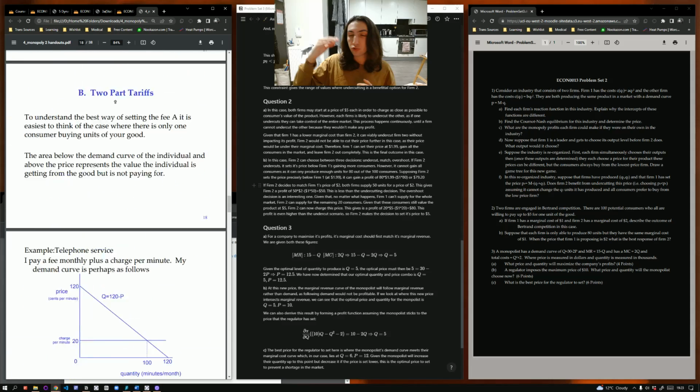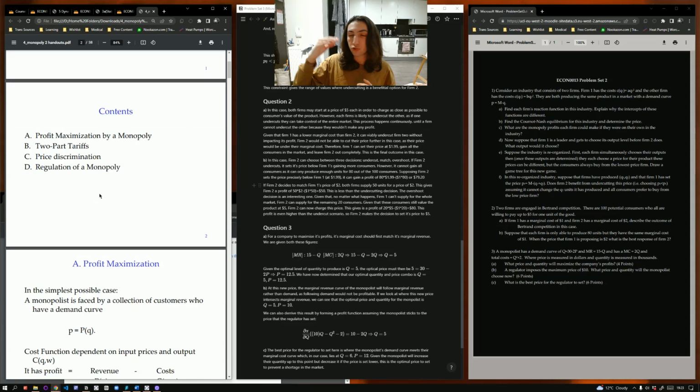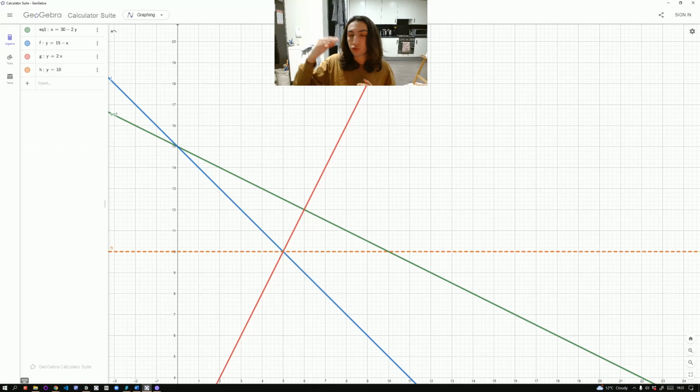Now, if you look in these slides, you can see that profit maximization lies at marginal revenue equals marginal cost. We're given marginal revenue and marginal cost, and if we make them equal to each other, we get quantity equals 5. I've also done you guys a little bit of a solid